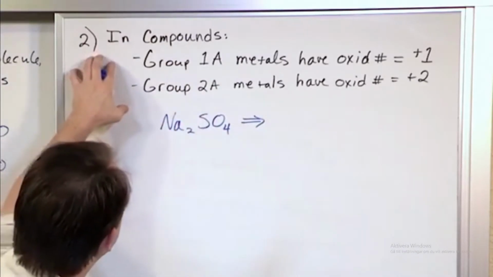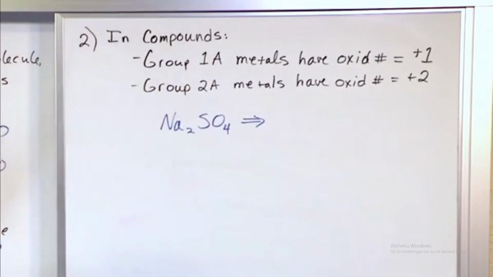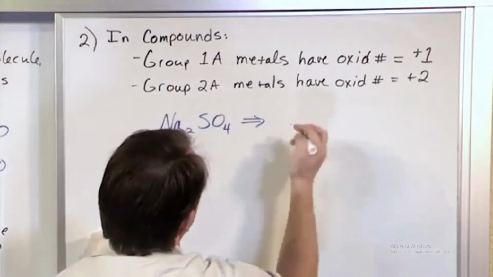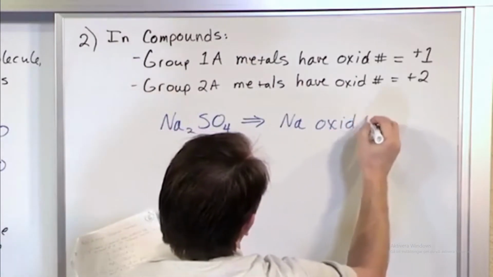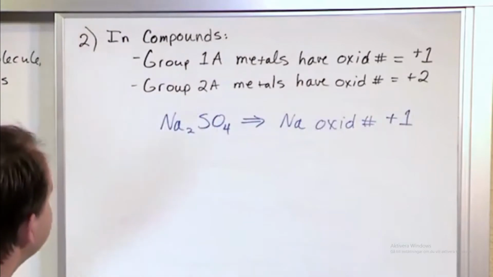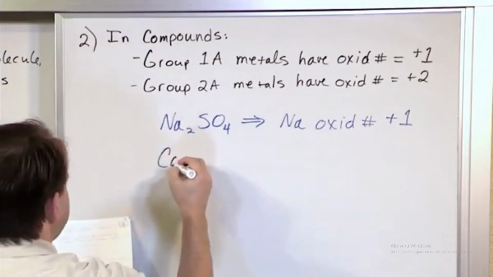But then I come to rule 2 and I see that it applies here because sodium is in group 1A. So what I can tell is that Na has oxidation number of +1. I know that right away because it's rule number 2. All right? What if I had something like calcium